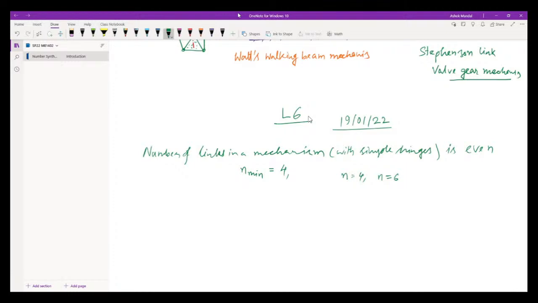Now, what is next? n equals to 8. Okay, so today we will discuss this n equals to 8. Small n or capital N, n equals to 8. Today we will discuss this. So first,